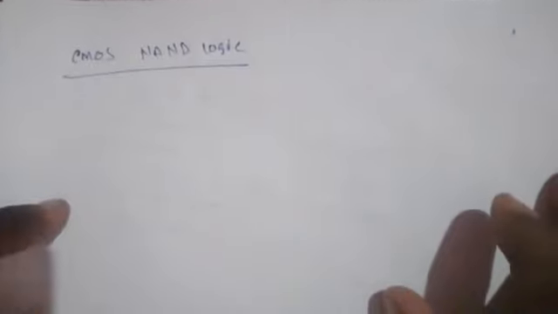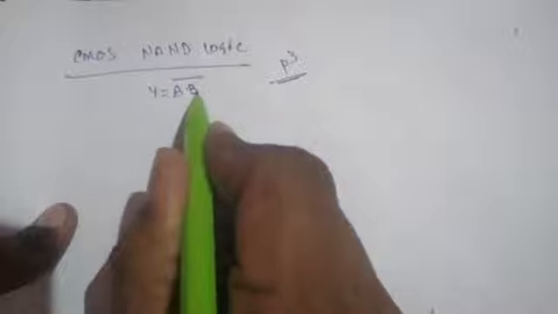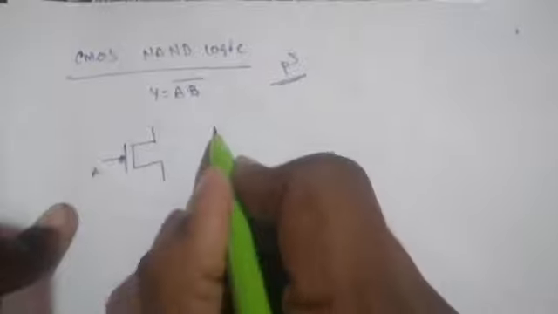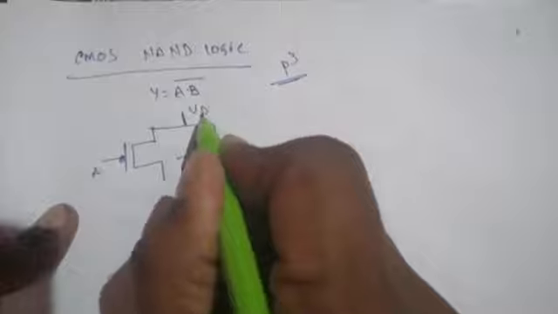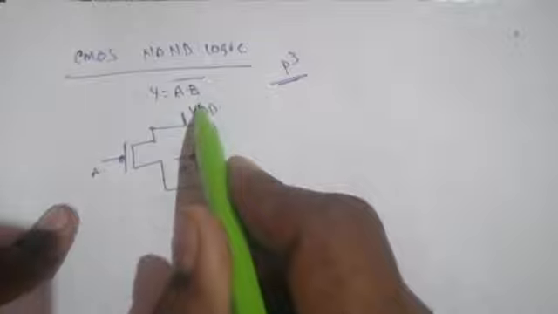We have to discuss now CMOS NAND logic. In this CMOS NAND logic, we have to use the PQ formula. So Y is equal to A dot B whole bar. In the PMOS, the product terms we have to connect in parallel. So this is A and this one is B. Here these two are connected to the VDD. And the below part, this is A B, PMOS in parallel connection.